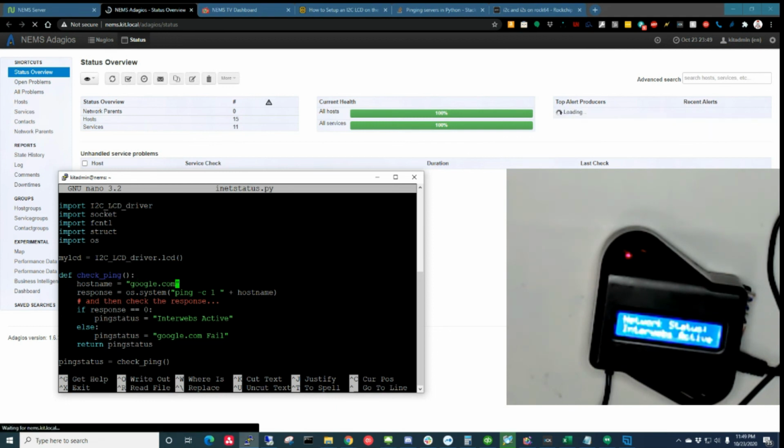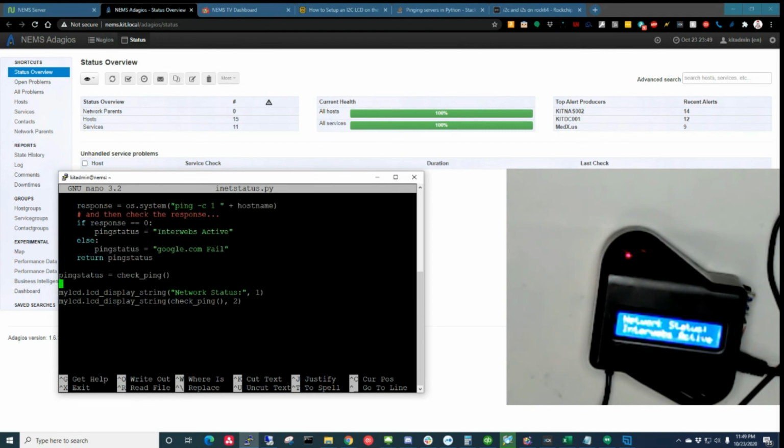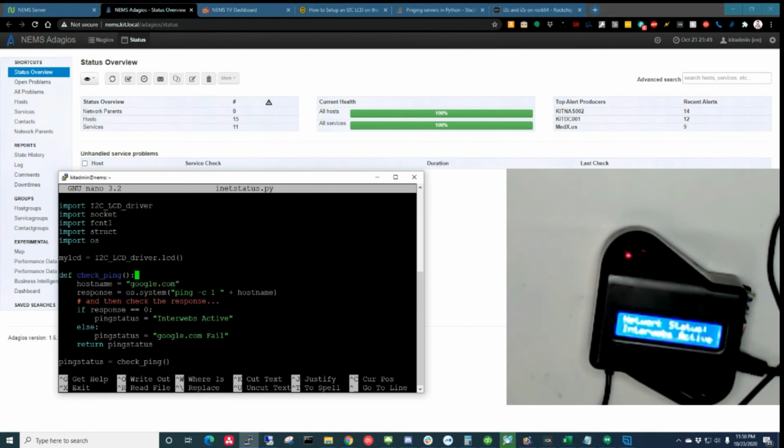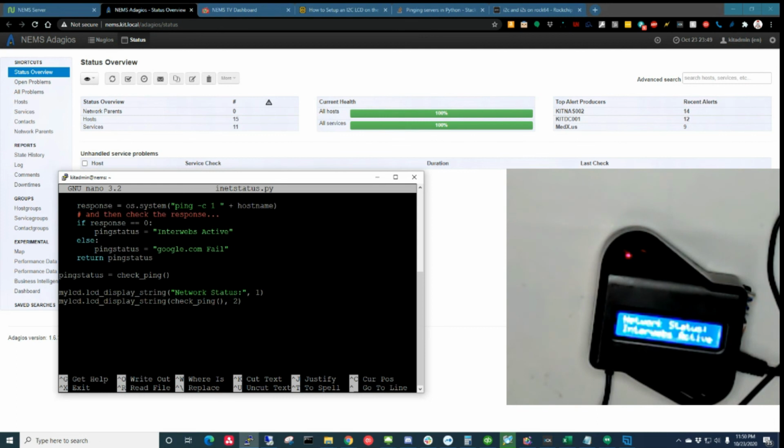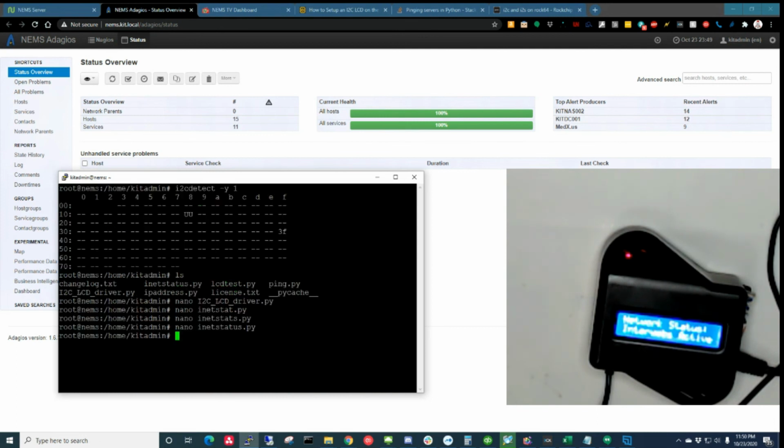I'm pinging Google. I'm just using the C command because it's a Linux host. And then I'm getting a response back and storing that response of either Interwebs Active or google.com failure, just to be kind of cute. Then I run that function, and I'm outputting that status on line 1. It says network status, and on line 2 it says Interwebs Active. So now if I run this command,